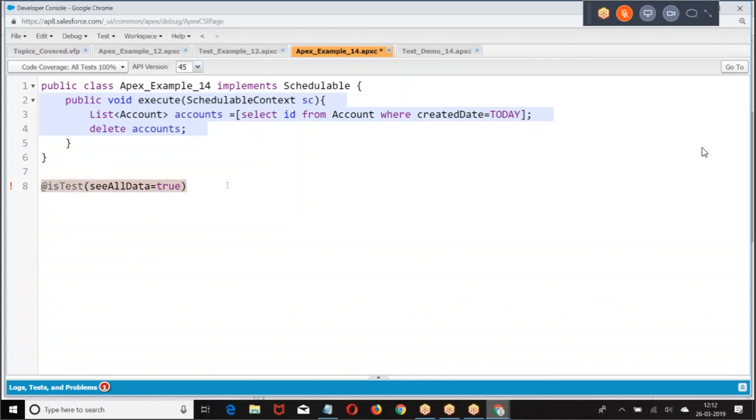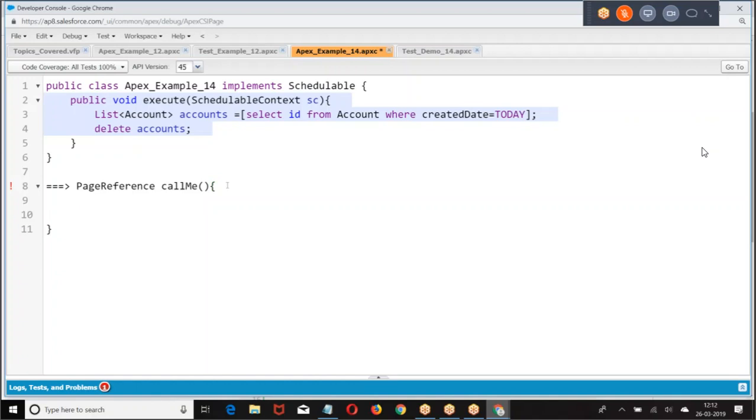Okay. A few more points I'll give. Some programs we gave, with a page reference. How do you test this? Some page we are going to call as a page reference, right? How do you test this?